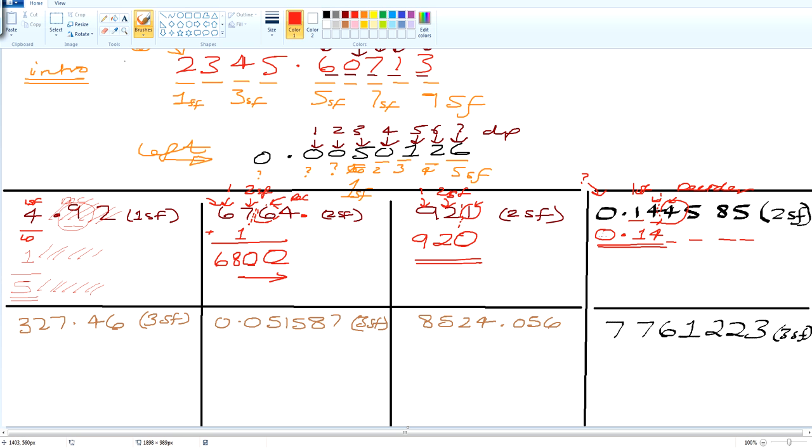No. We filled it in the previous question because we were on the left-hand side of the decimal point. We had to fill in up to the decimal point. Now we're on the right-hand side of the decimal point. Do we fill in the zeros? No. So 0.14 in this particular instance, we don't put anything here. We do not. So my final answer for this question is